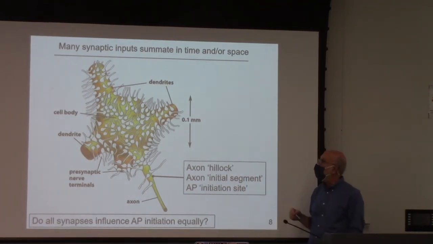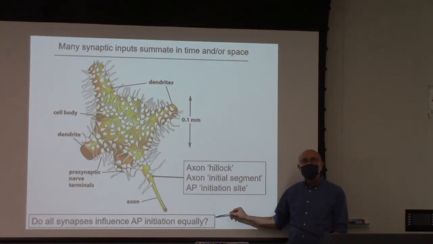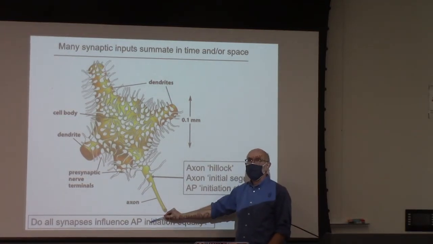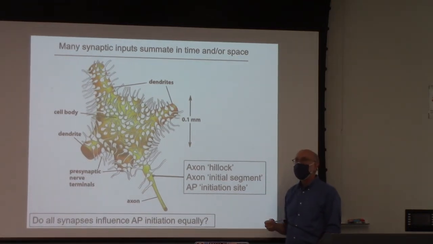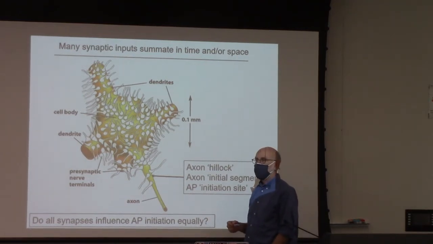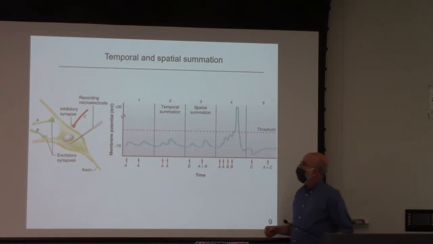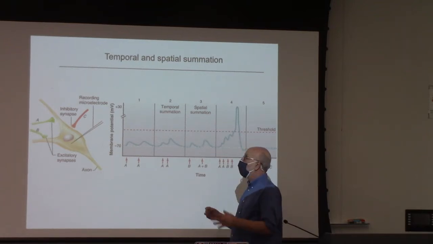We'll get to action potentials in a minute. But if we depolarize, so here's a question. Do all synapses influence the initiation of action potentials equally? Why not, Vincent? Well, I'm thinking because synaptic potentials are localized, then the ones that are closer to that beginning area of the axon would have more influence over the action potential creation. Exactly. The ones that are closest to the action potential initiation zone have the more impact,